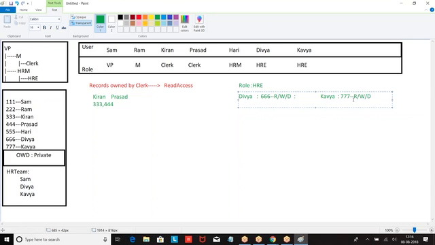Now what I told: records which are owned by the clerk. Who are the clerks? Kiran and Prasad. On those records, we are giving a read access for Divya and Kavya.